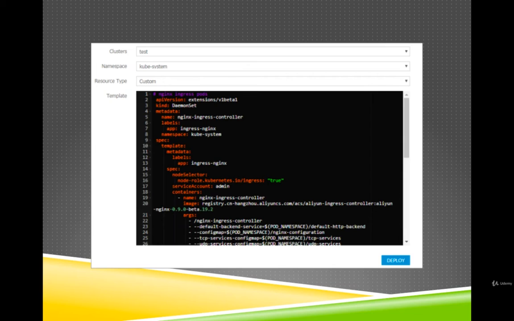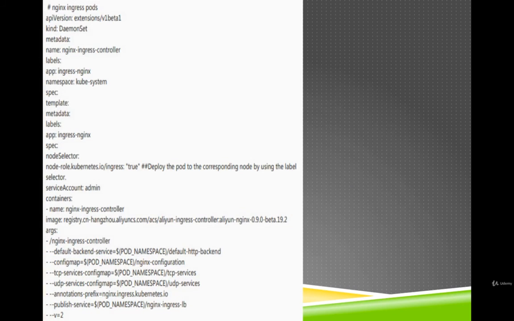In this example, I would suggest redeploying the ingress controller to the target ingress node in the daemon set method. You can also deploy the ingress controller by using deployment together with the affinity. And this is what you see on the screen.